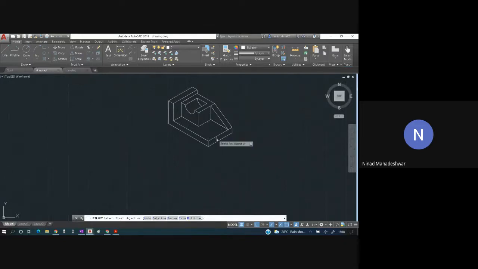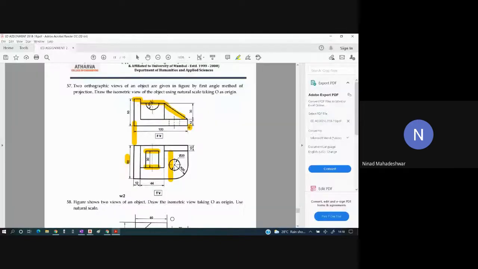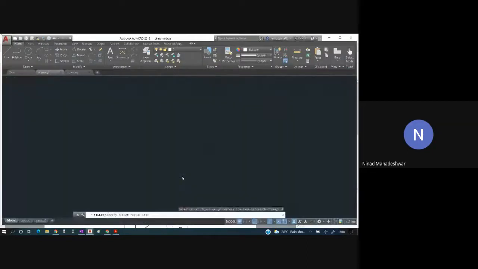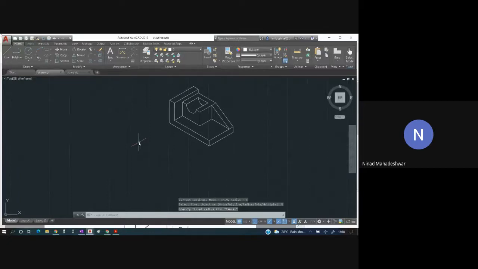Click on this line. First we'll go in fillet and select radius. How much is the radius of this quarter circle? How much is given to you? 25. So the radius of that entire part is 25. I'll go fillet, select radius, 25, press enter. We will select this line, and this line. Automatically this has become a quarter circle.